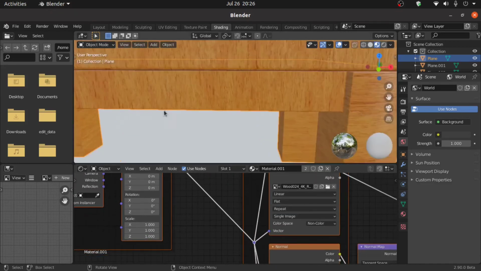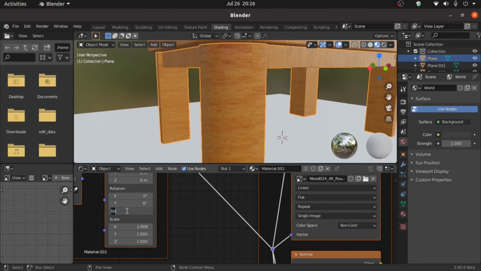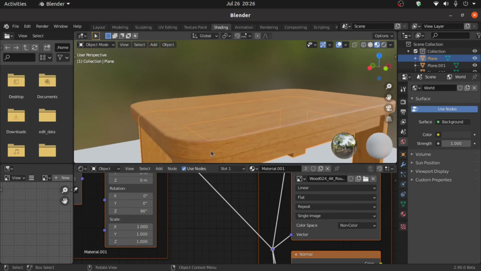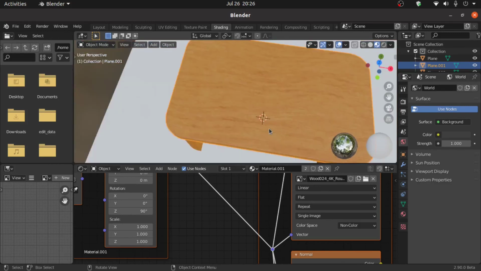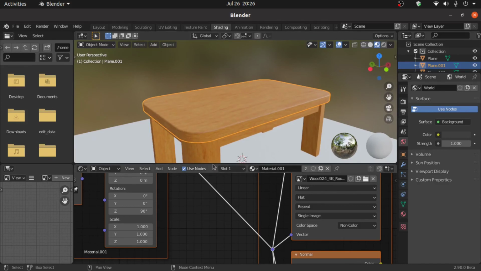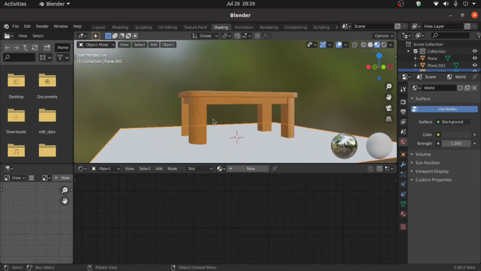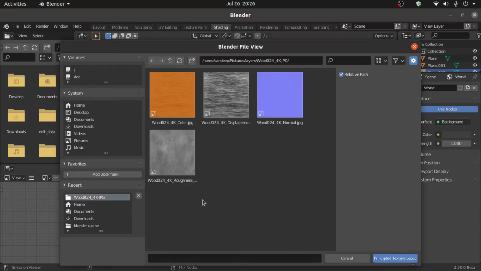but we have to rotate its direction. So under this Z direction, change its value, that is 90 degree. Okay, and you can also rotate its value. I think its direction is not wrong, so keep its value same. Okay, now add floor textures. So click on this new, Control Shift T.